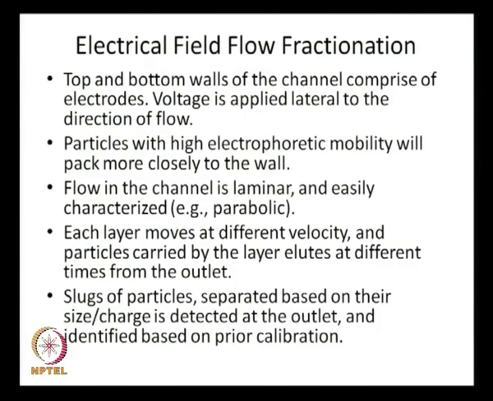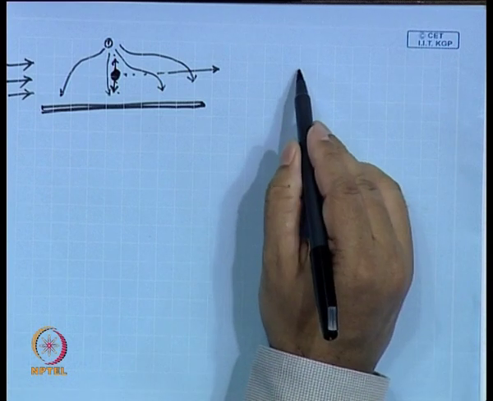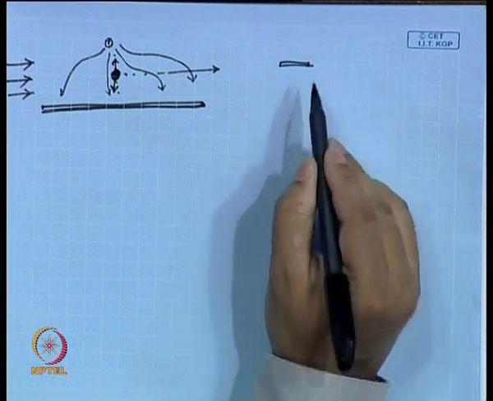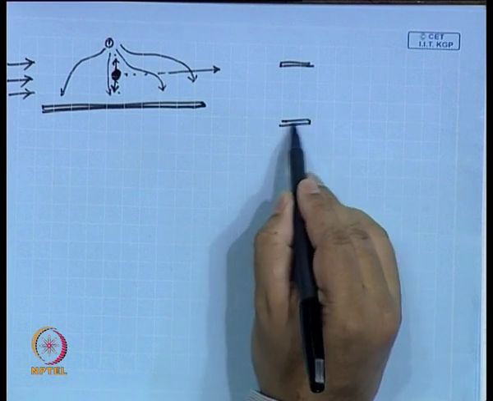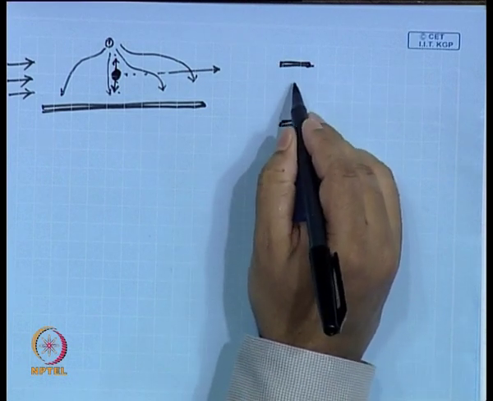So, what I say here is the top and bottom walls of the channel comprise electrodes, and voltage is applied lateral to the direction of flow. Remember the drawing that we had in the earlier class; we turned it 90 degrees. So, you have one electrode here, another electrode there. Based on the size and charge, the particles will